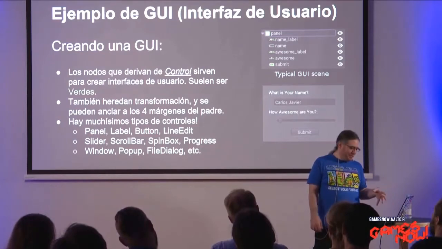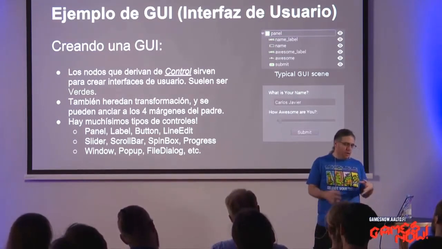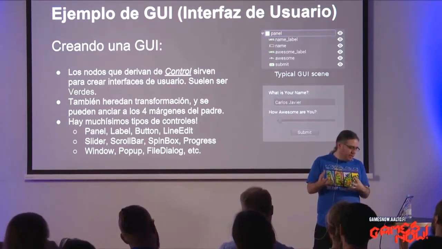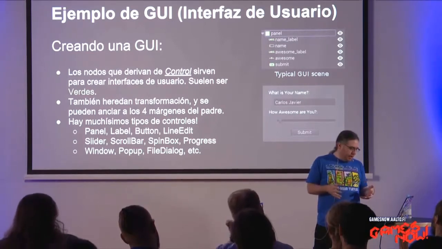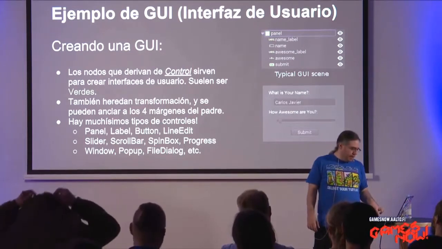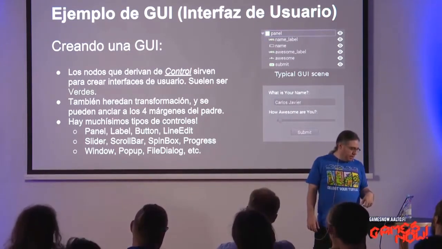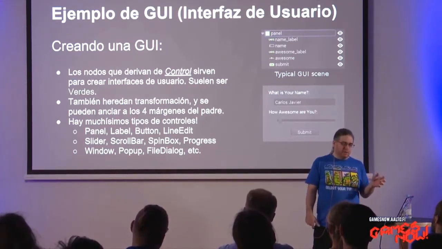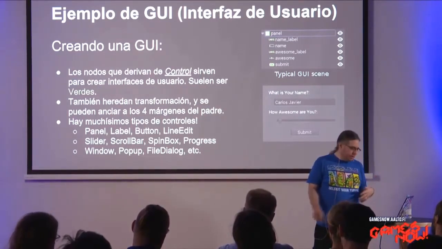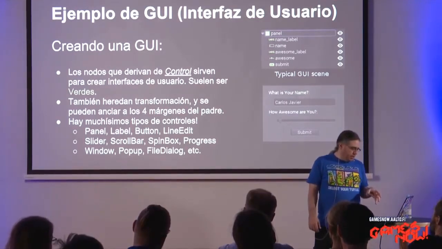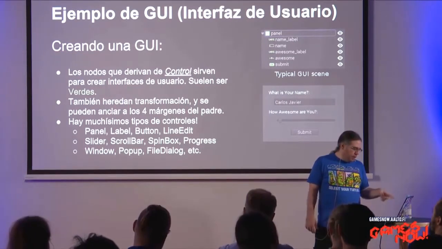But this is the same as the two previous types. So we have the UI, all the UI controls to make the user interface in your game. They are part of the scene too, and so there's a control type of node, and it's the same. The UI shares the 2D space with the 2D nodes, right? Because it's part of the 2D space, and so all the UI controls that you use, they inherit from the